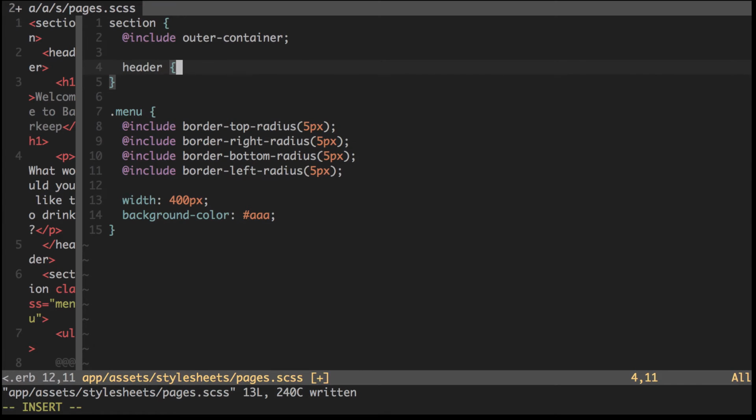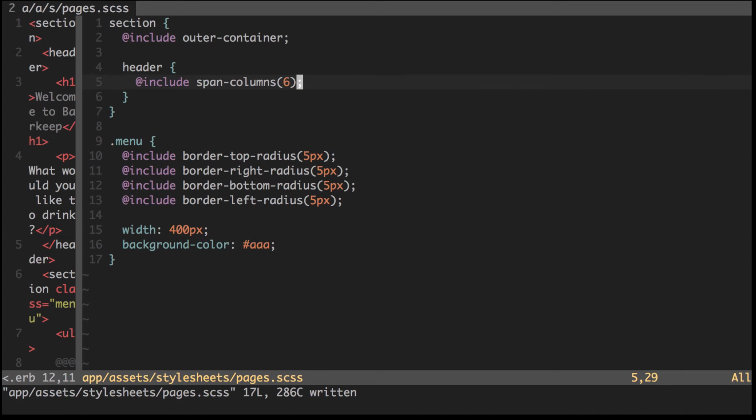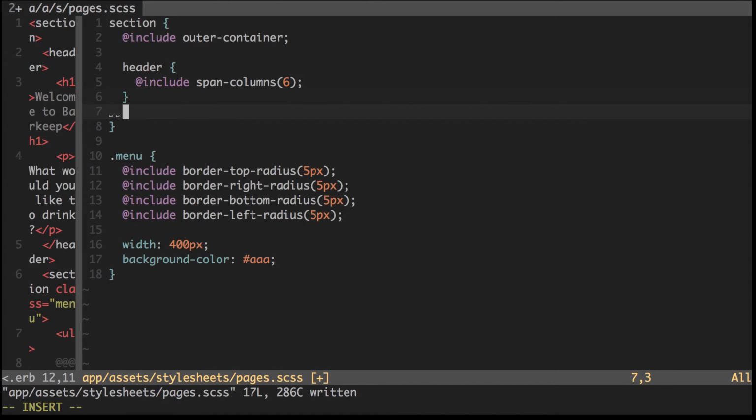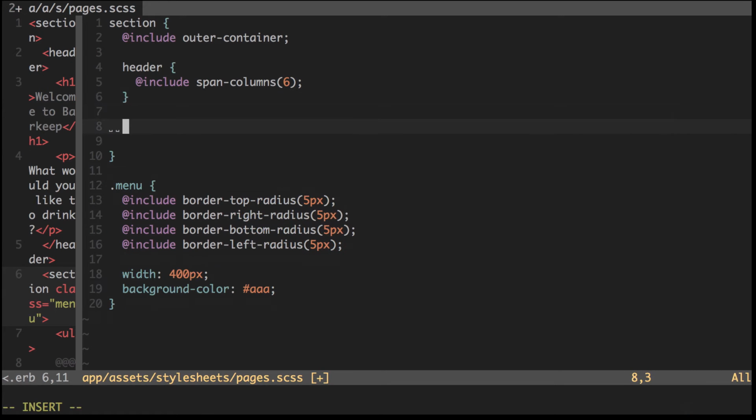Put header and we're going to include, let's say, 6 columns. We'll make it even. Then we've got a menu here, section menu. So it works on classes too, not just these block elements. So let's try